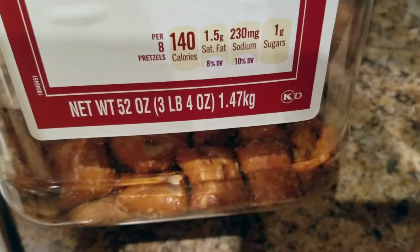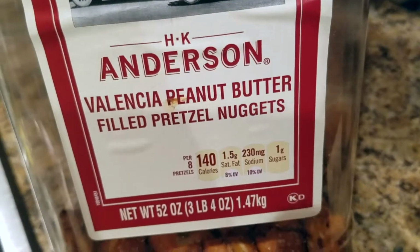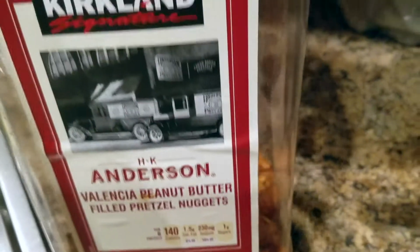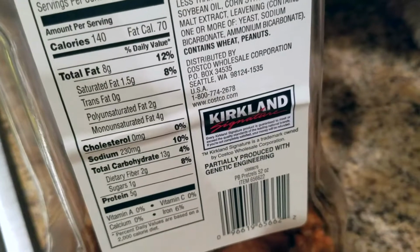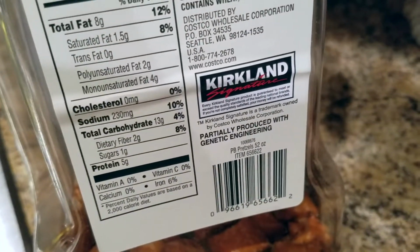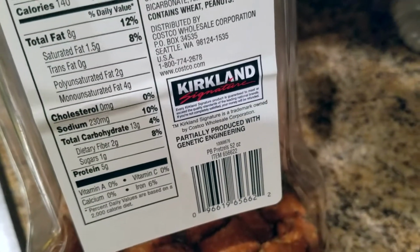So 3 pounds 4 ounces. Net weight is 52 ounces and 1.47 kilograms. Serving would be 8 pretzels, so it's 140 calories, 1.5 grams of saturated fat, 230 milligrams of sodium, and only 1 gram of sugar. And it has all the nutrition facts in the back. So total fat would be 8 grams, saturated fat would be 1.5 grams, polyunsaturated fat 2 grams, monounsaturated fat 4 grams, and 230 milligrams of sodium, 13 grams of carbohydrates, which is a